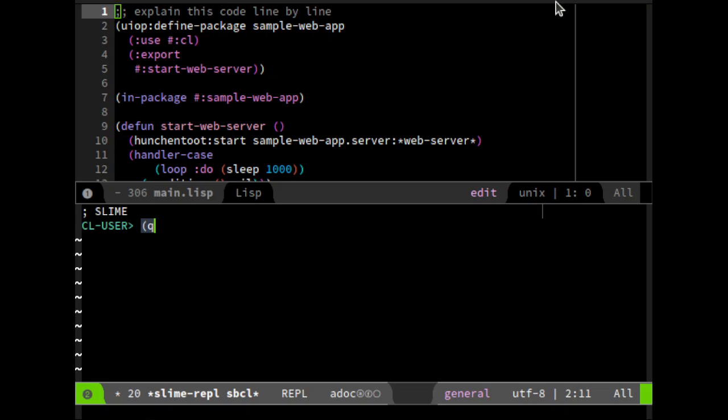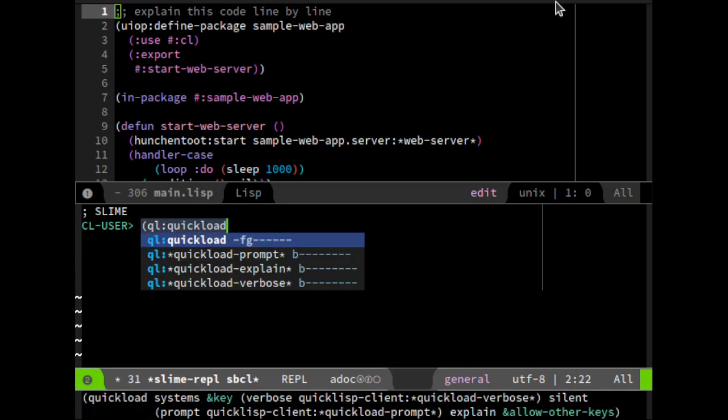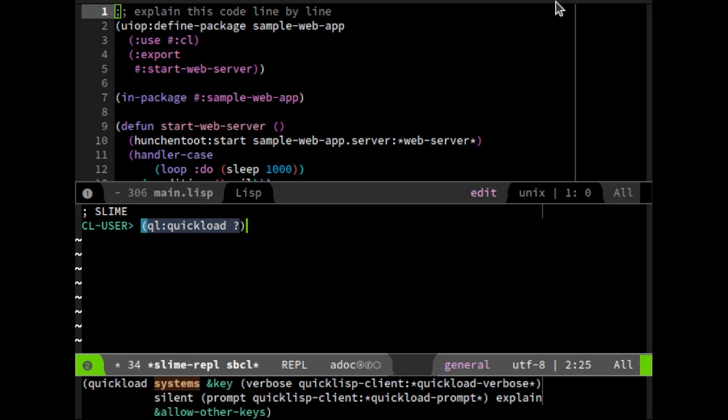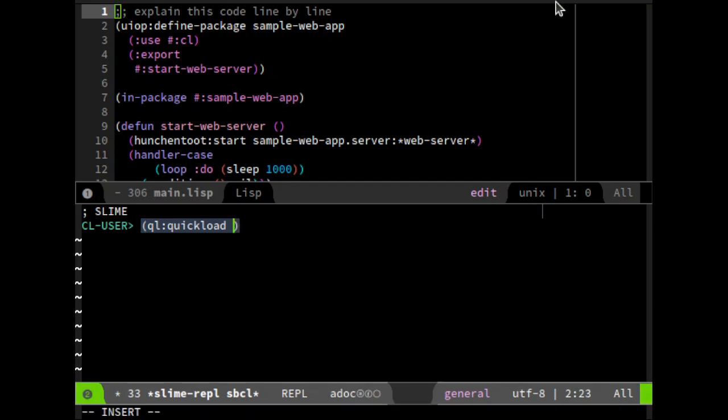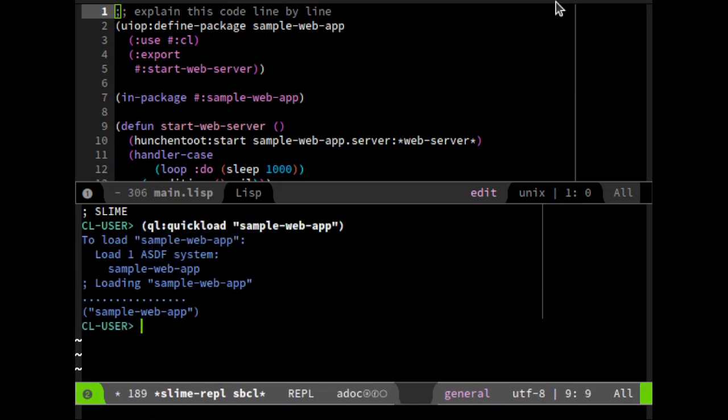So then I do a quick load of something. Sample web app, in a string. Always in a string. Just sample web app. Done. Okay. And now if you go back to your build script,